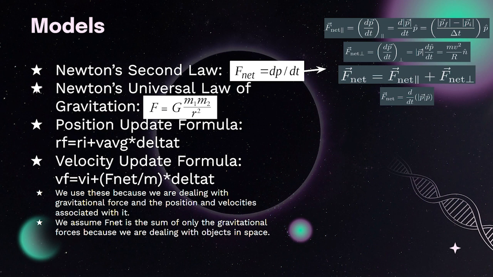The position update formula is final position equals initial position plus average velocity times delta t, and we use the velocity update formula where the final velocity equals the initial velocity plus F net over mass times delta t. We use these because we are dealing with gravitational force and the position and velocities associated with it. We assume F net is the sum of only the gravitational forces because we are dealing with the objects in